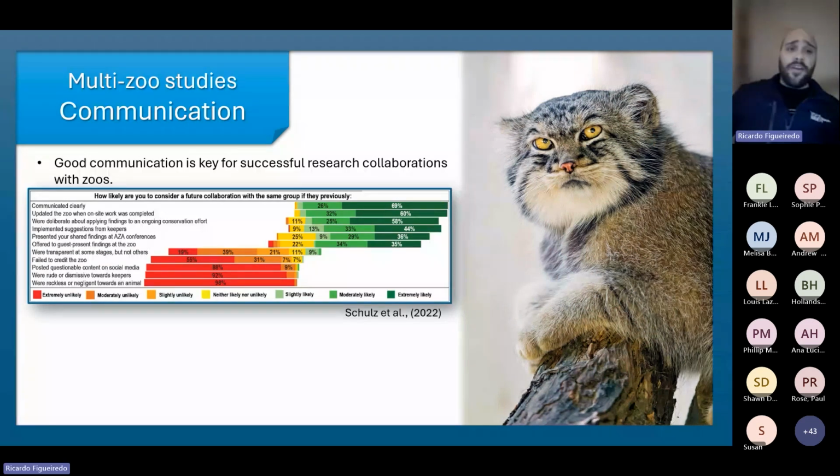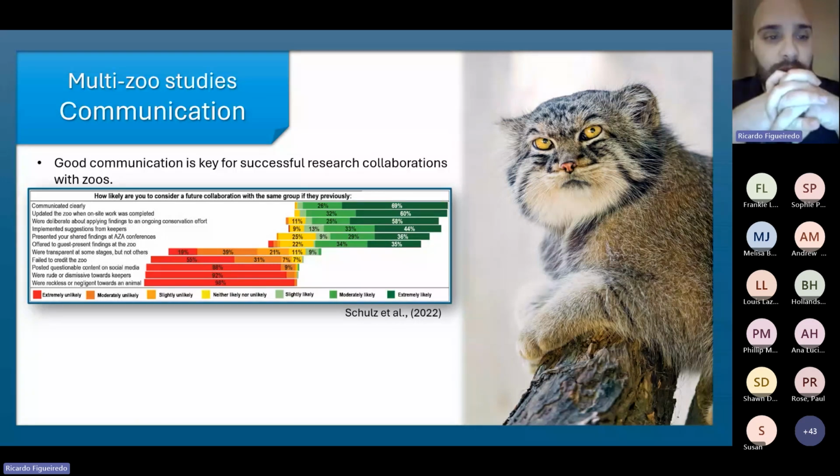Another very, very important aspect is communication. It really is key for a successful research collaboration with the zoo. And this is a very good example of a paper that investigated collaborations between academic organizations and zoos. When zoo staff were asked how likely they were to consider future collaboration with the same person or group